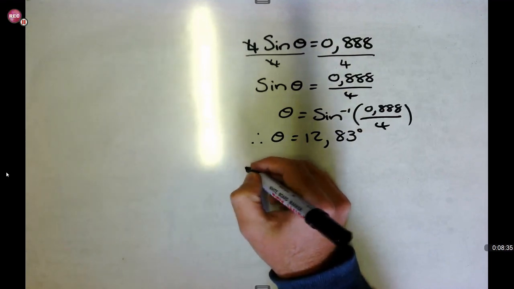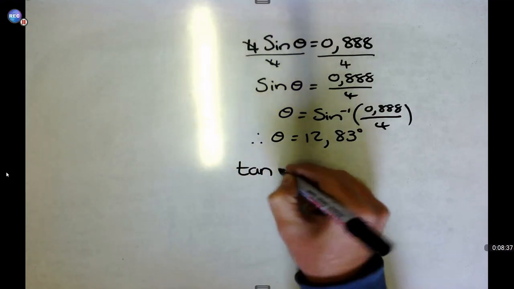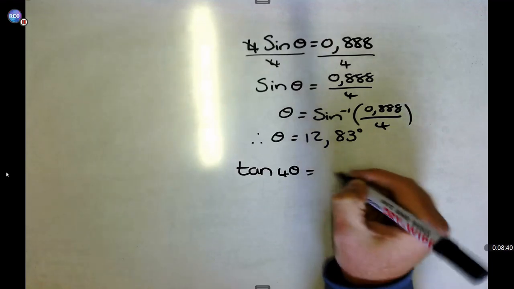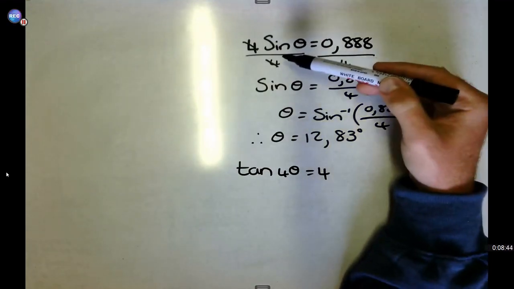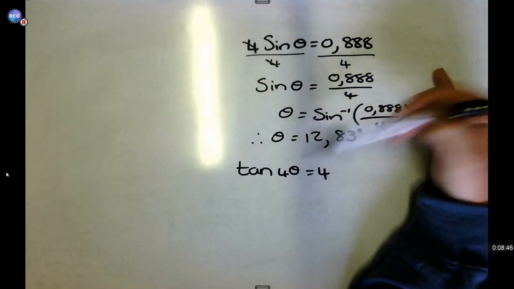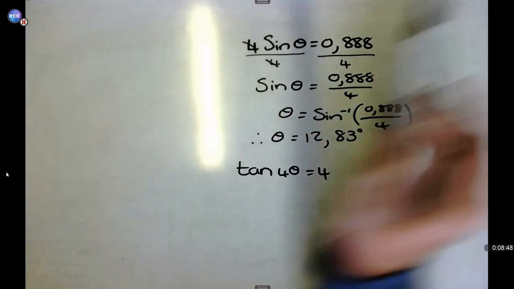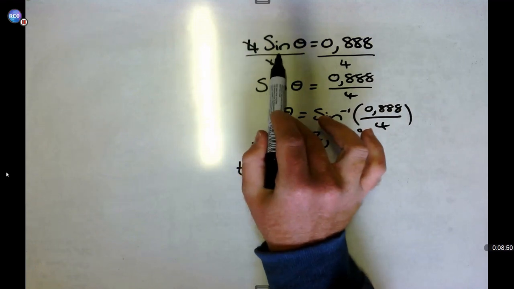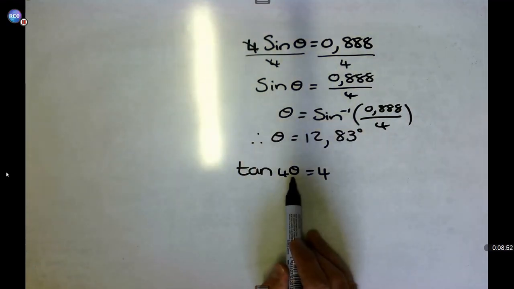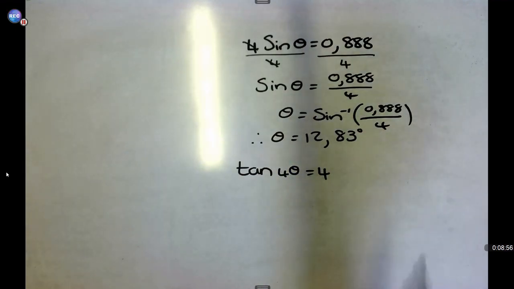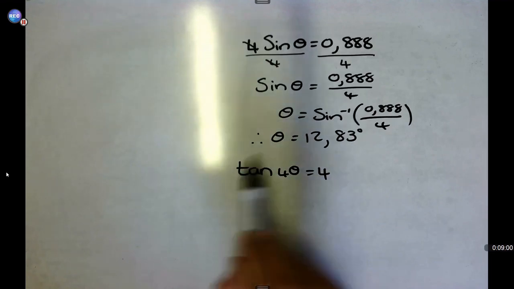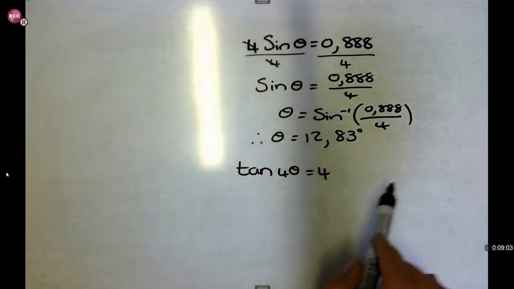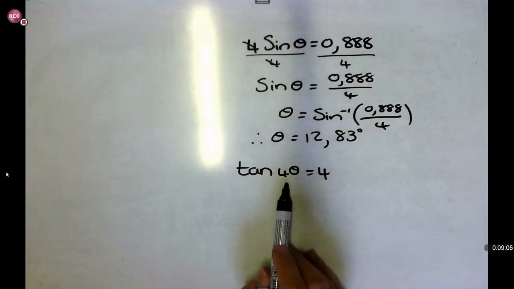Okay, our next question, we've got something like this. Let's do tan 4 theta equals 4. This question over here and this question that I've got over here, 2 different things. Over here the 4 belongs to the function. Over here the 4 belongs to the theta. Remember, theta is on its own because you have to take tan over to the other side. So no dividing as yet, because we want to take the tan over first. So take the function over, and then right at the end we'll divide by 4.